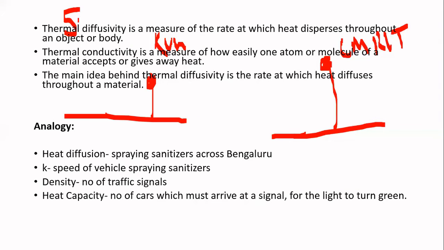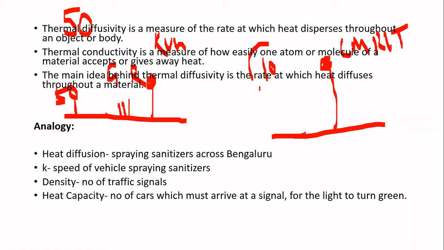Suppose that this can hold 50 vehicles at a time. This can hold only 10 vehicles at a time. So what happens on this signal? The first car is arriving. This signal is red. Second car is arriving, signal is red. Third is arriving, signal is red. The 50th car arrives. Once the 50th car is arriving, the signal is going to turn green. This is the coding which we have done for the traffic signal. It will turn into red and green on the basis of number of cars which are arriving on the signal.